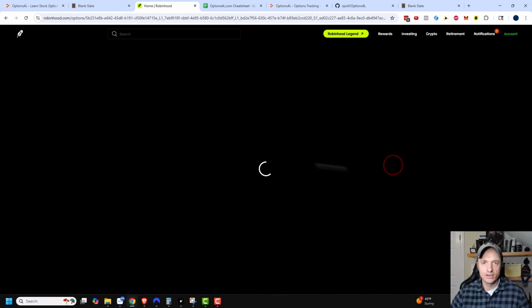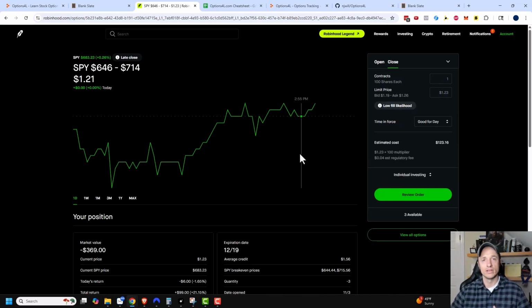So I have an iron condor open, which is already 4 legs, right? We have a put credit spread, and then we have a call credit spread above where the current price is, hopefully, unless the price went up or the price went down. And maybe we want to move one of the sides up or down, or adjust our entire iron condor. And I have another video on iron condors in general, so if you're not sure what an iron condor is,